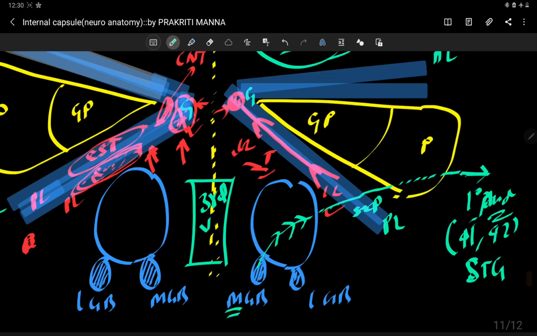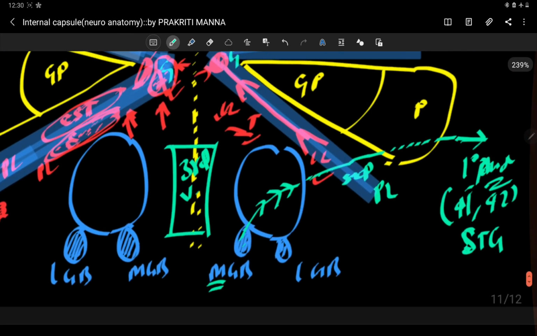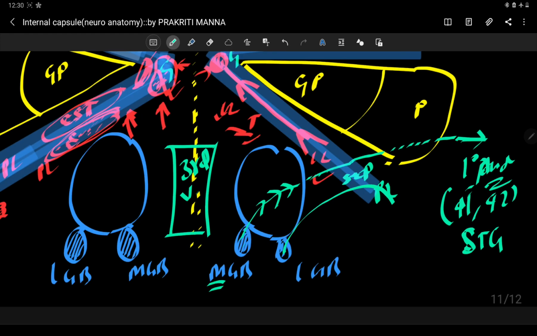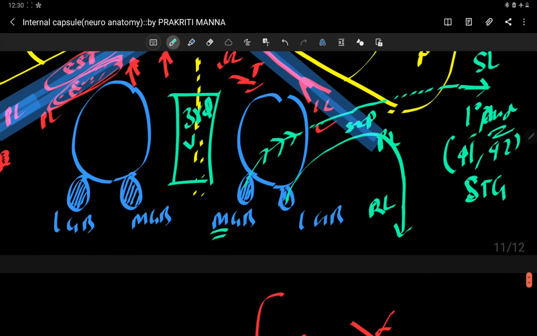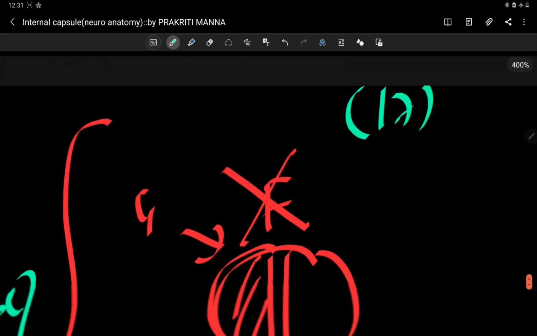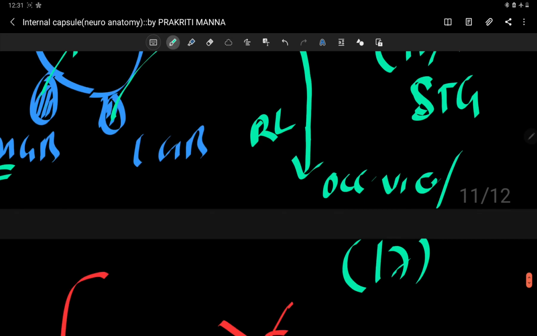And you can see other fibers here. These come from the lateral geniculate body and pass behind the lentiform nucleus as retrolentiform fibers. So these are sublentiform fibers, these are retrolentiform fibers, reaching your occipital cortex. This occipital cortex is also called the occipito-visual cortex, Brodmann area number 17, or the striate cortex. Why striate cortex? Because various striations are seen there. These striations are also called the striation of Gennari.